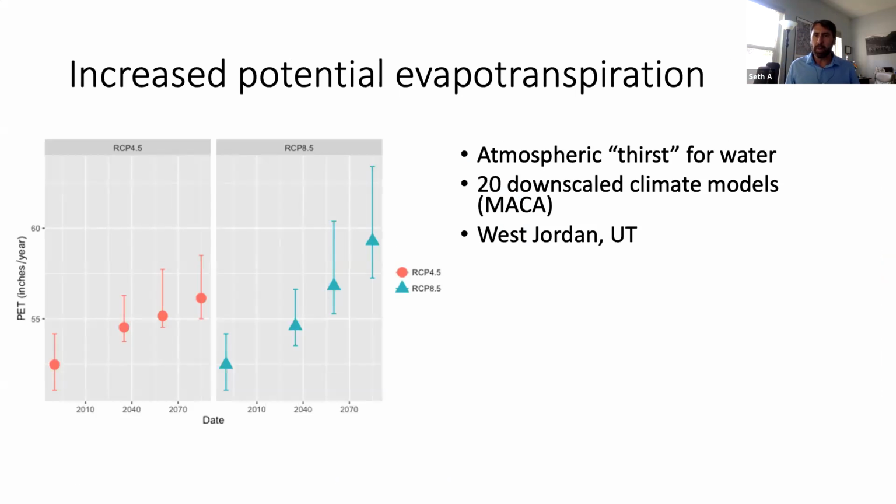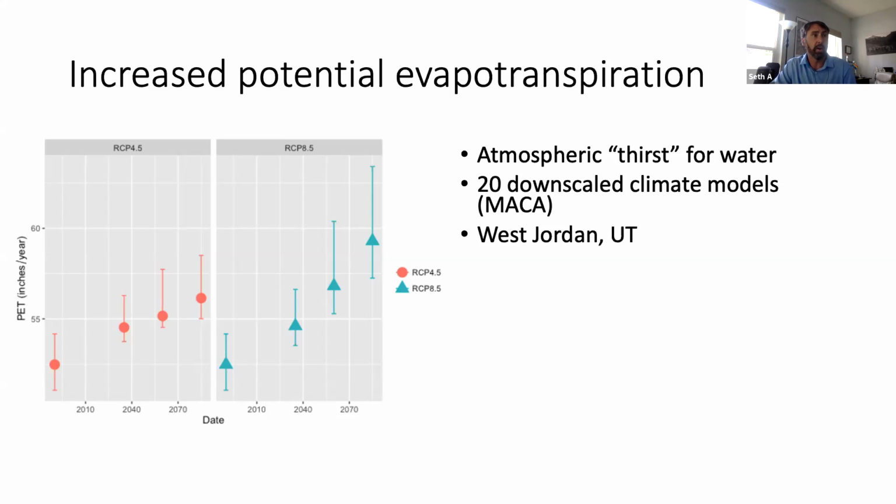So before I start talking about the water cycle and water supply, the final bit of climate projection information I wanted to talk about is potential evapotranspiration. So there is a projected increase in evapotranspiration through the end of the century. Potential evapotranspiration is essentially a measure of the atmosphere's thirst for water. So what I mean by that is the temperature and conditions such as humidity, wind speed, and radiation that drive transpiration from plants and drive evaporation of moisture from soils.